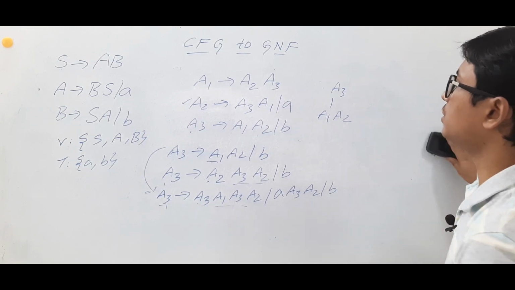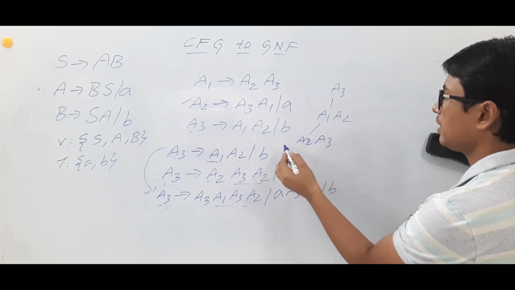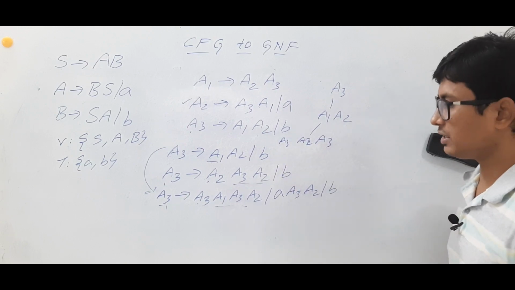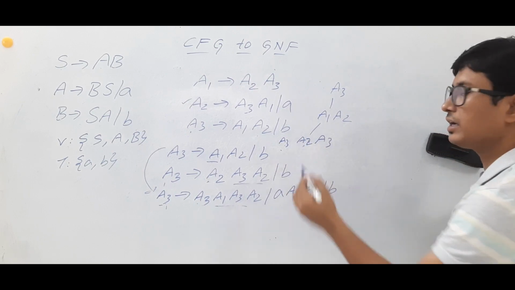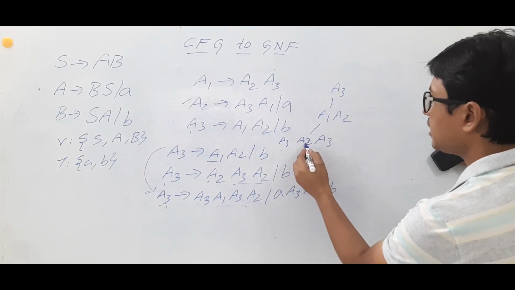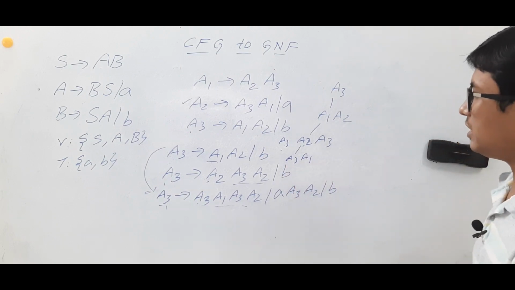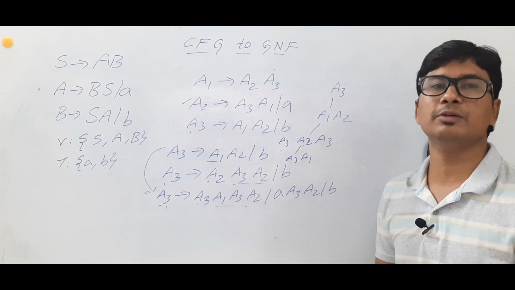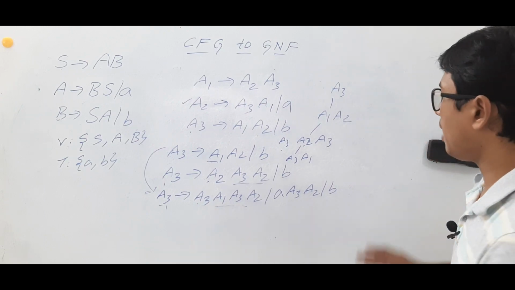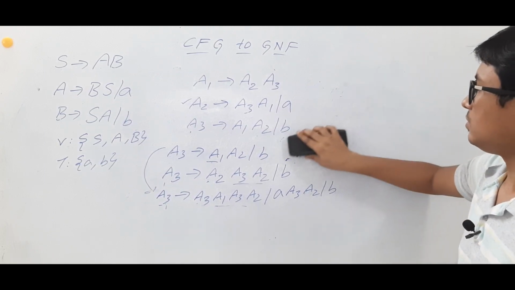Now what will I do? Again, in place of A1, I will keep A2. Here, on this side, I have A3. Am I right? Now, is the problem solved? No, 3 is greater than 2. Now, in place of A2, I can keep A3, A1. So if you see, if I repeat, I will still get A3 only on the left-hand side and the problem is not solved. Am I right or wrong?